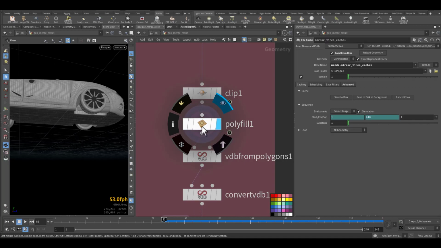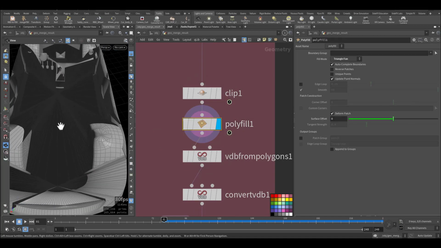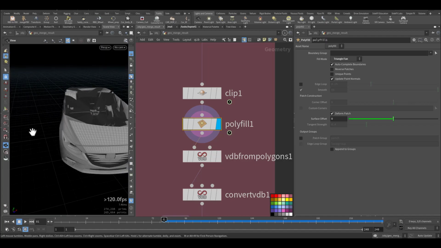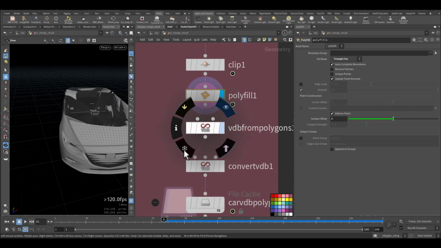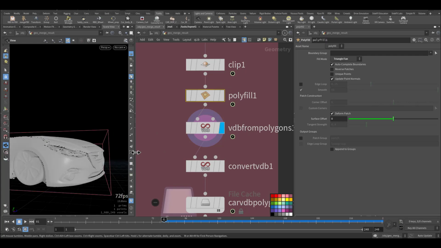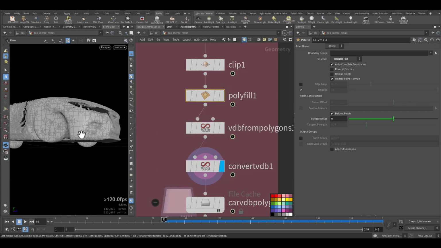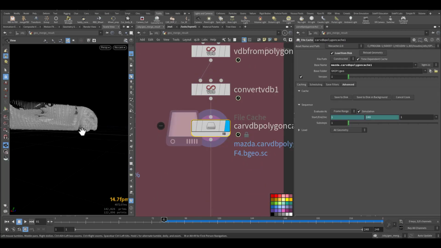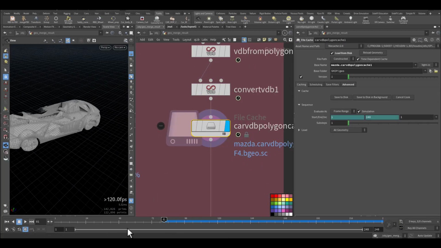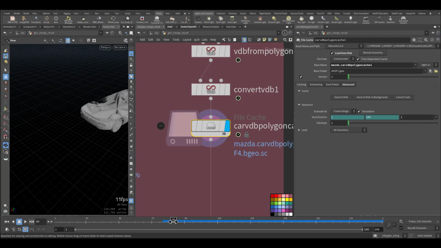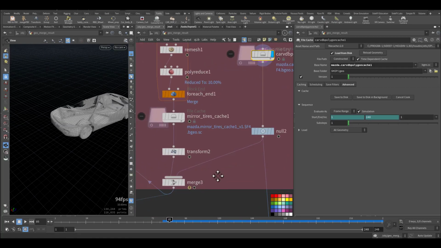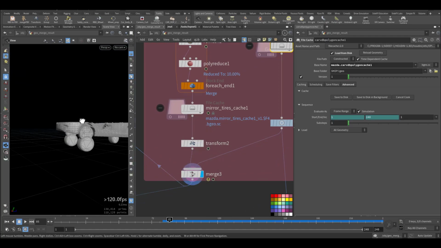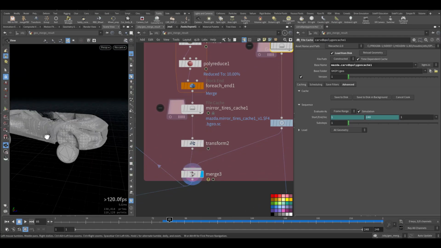Then I added a polyfill, so I don't have open geometry, and I didn't bother about the shape being irregular because I created a VDB from it and then convert it back to polygon, and of course I cache it. So we have this and we have the tire, we merge them both together, and we have this ugly shape